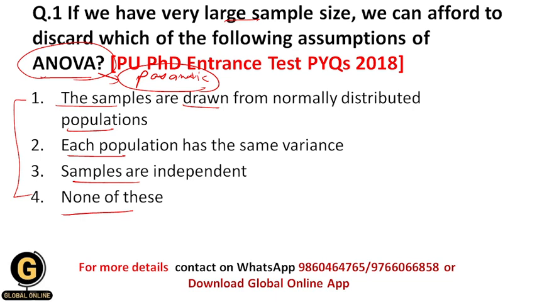ANOVA is nothing but analysis of variance. By using this statistical test, we can compare the means of more than two groups. The most important assumption of ANOVA is that the data set should be normally distributed. This is one of the most important assumptions of ANOVA, and that's why whenever there is a larger sample size, in that situation this assumption of normality